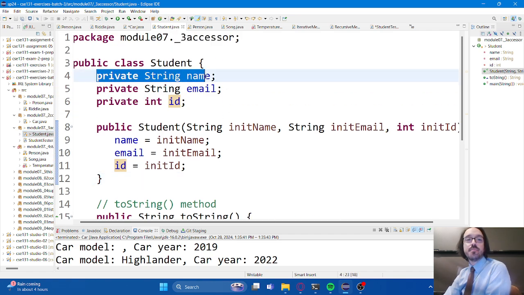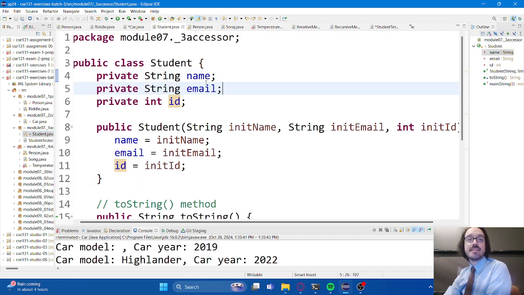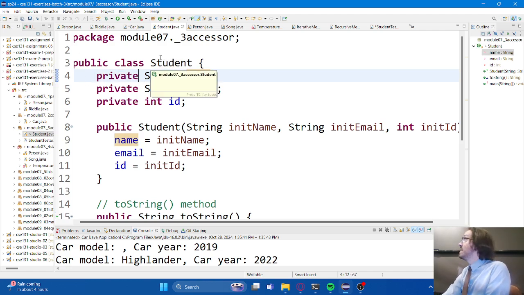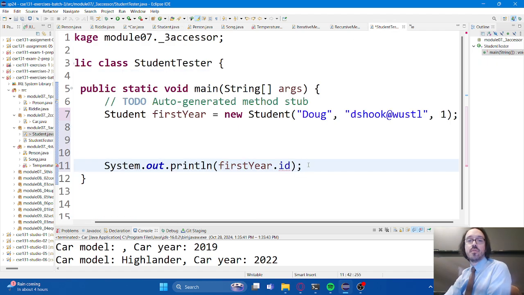If I mark something as private, that means that I can only access this instance variable from within this class. So if I have an instance variable in the student class that is marked private, the only place that I can access it is within this class. If I try to access the instance variable from somewhere else, like I'm trying to do here, it's going to say you can't do that. That value is private. It's not exposed to you.